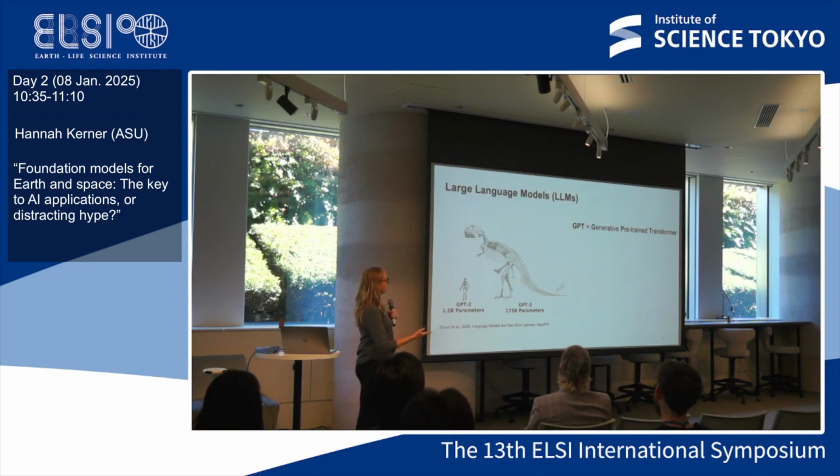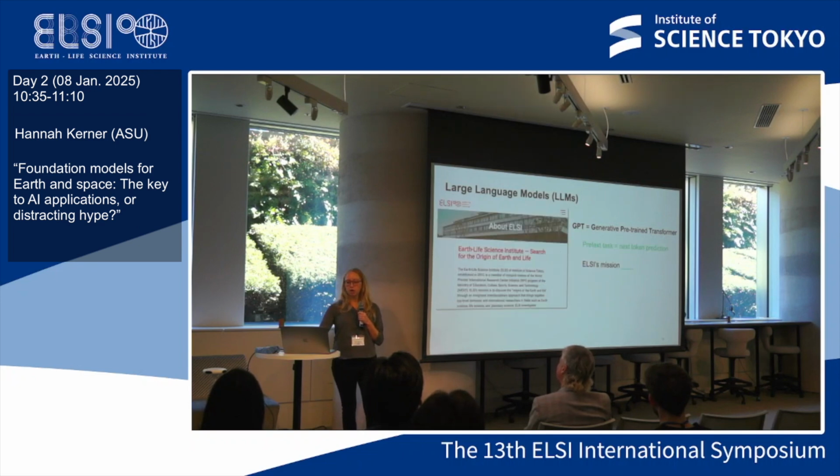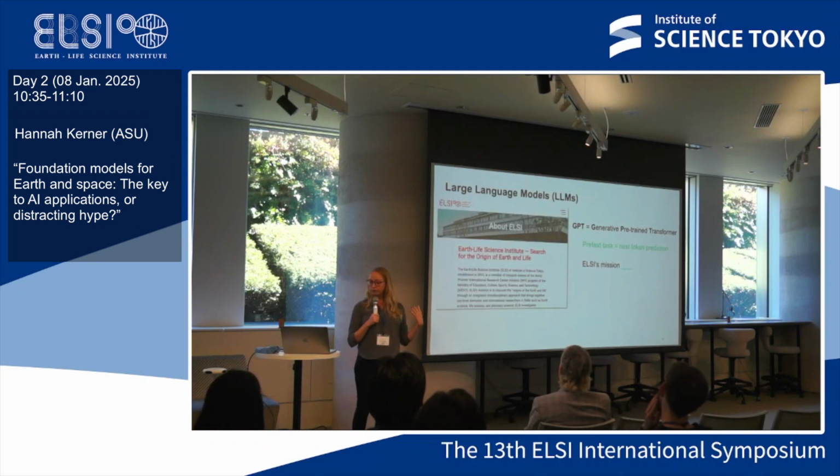So generative pre-trained transformer: the pre-training is this self-supervised learning that we've talked about. A transformer is the type of architecture of the model, the function structure. And generative describes the fact that it's predicting something new. It's not classifying or describing something, it's predicting some content. The pretext task that GPT is trained on is called next token prediction, and a token is just a word here.